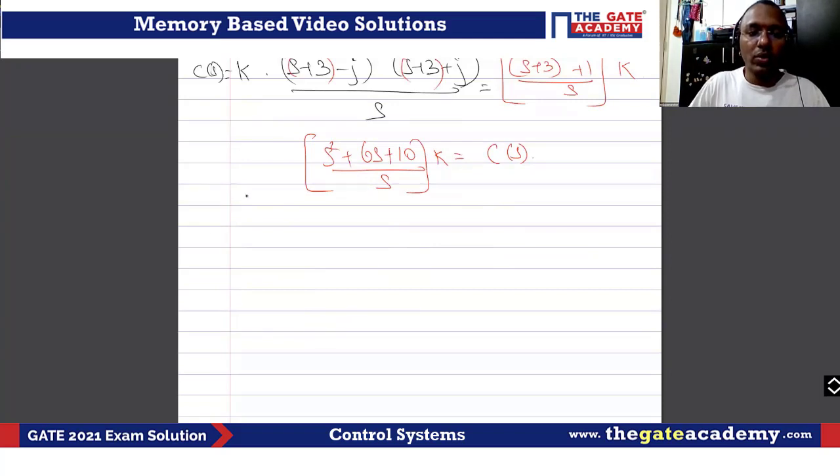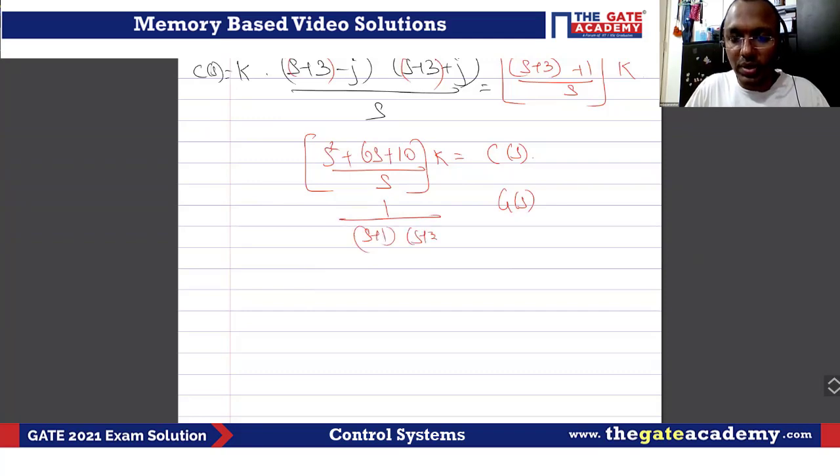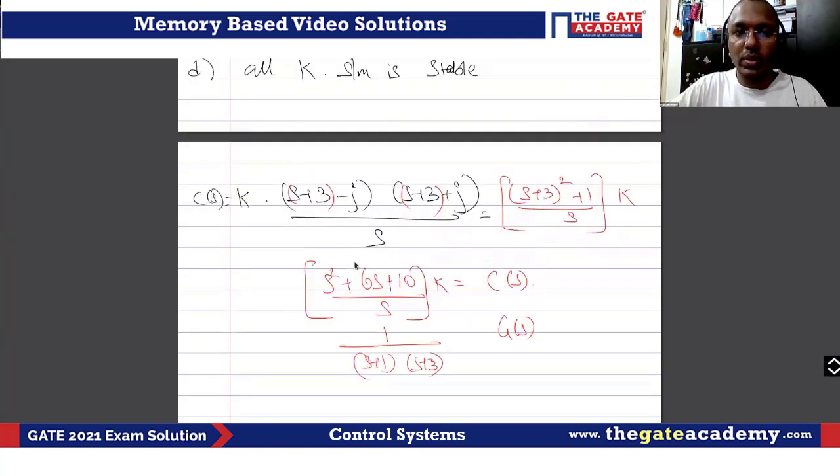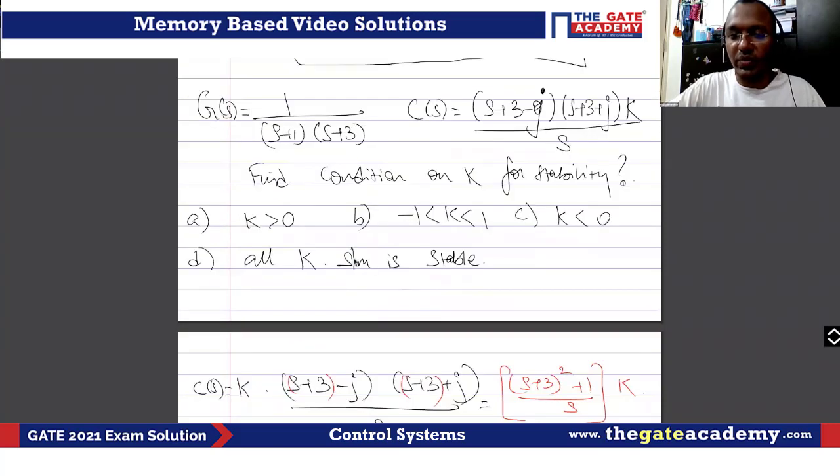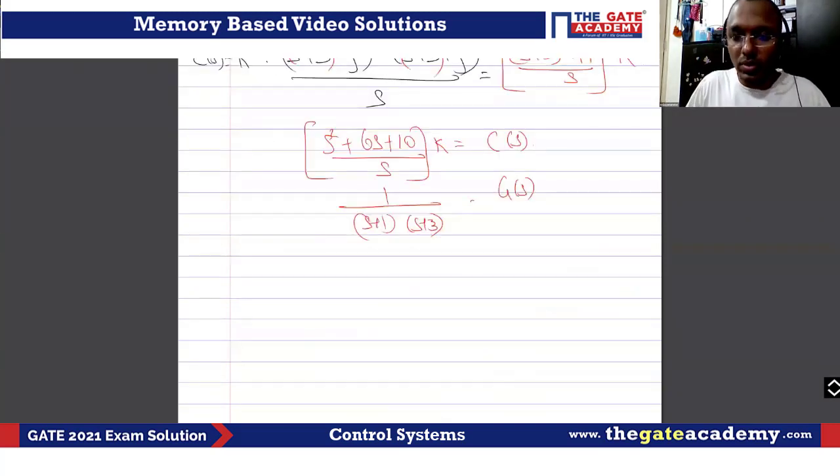So now my G(s) is 1 by (s plus 1)(s plus 3), correct? This is what we have, right? 1 by (s plus 1)(s plus 3). Perfect. So now for stability, we analyze